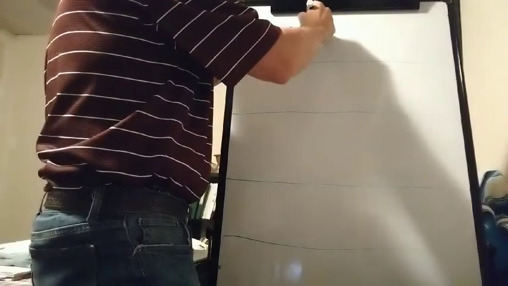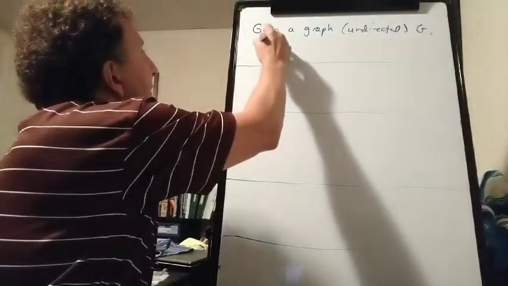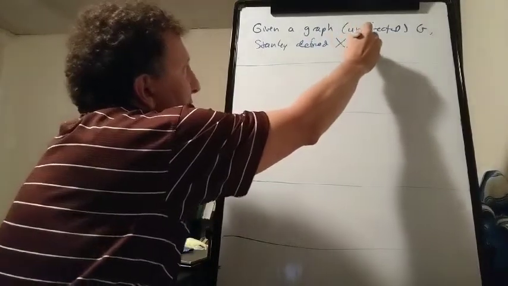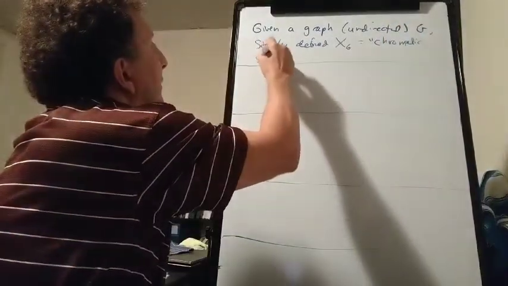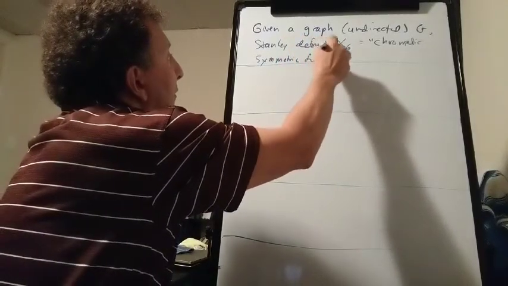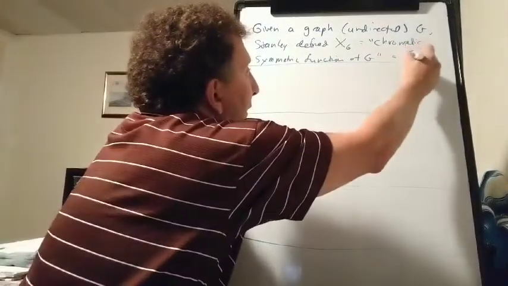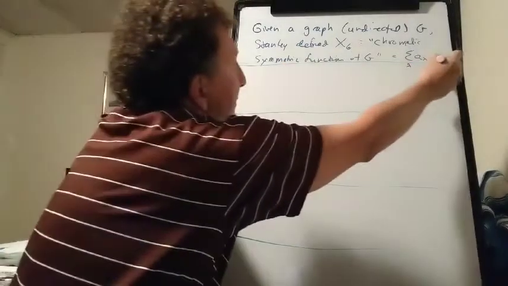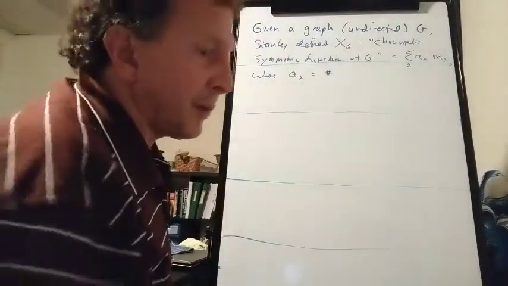So given a graph G, which is undirected, Stanley defined capital X sub G, called the chromatic symmetric function of G, to be equal to, we can define its expansion on the monomial basis by, this coefficient a lambda is the number of ways to properly color G